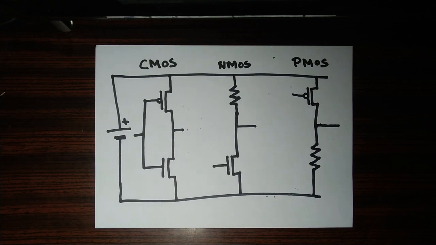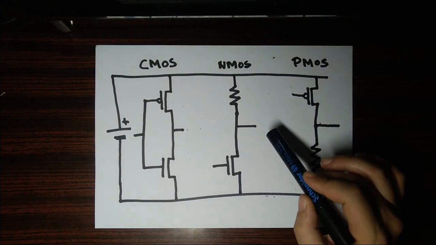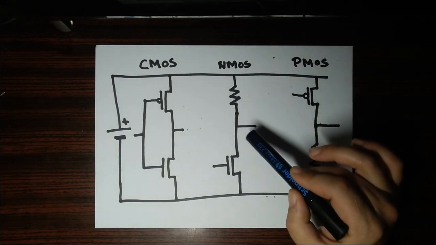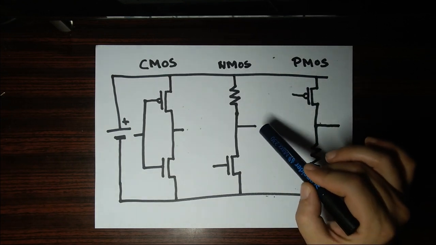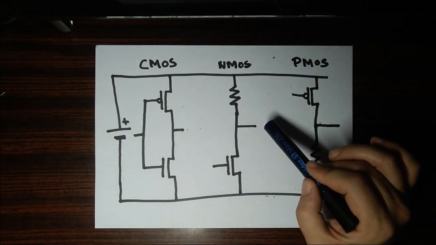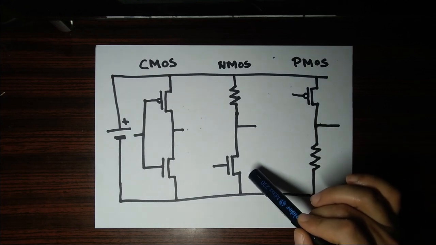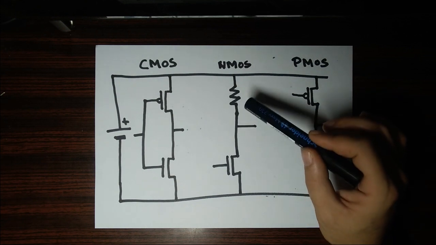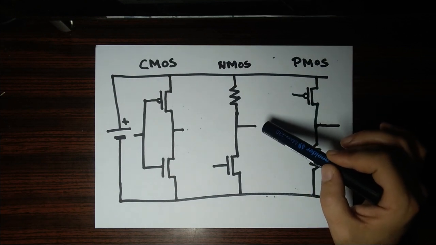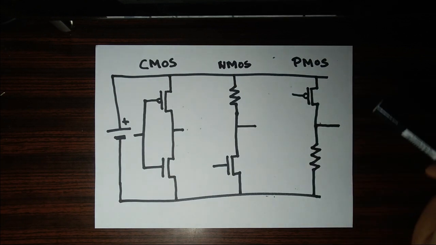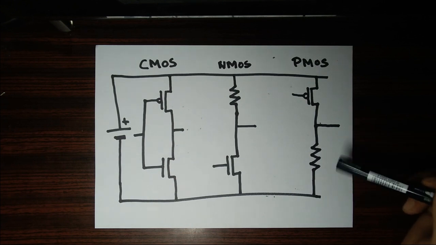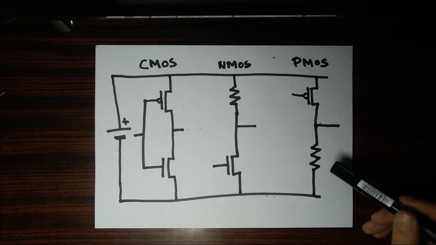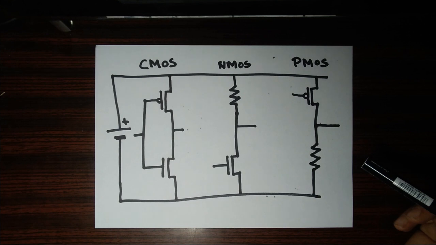In NMOS, when the transistor is off, the output is pulled high by the resistor, since the resistor is a better conductor than a very good insulator. If you turn the transistor on, since it's now a better conductor than the resistor, it will fight the resistor and win, and pull our output low. The PMOS type of logic is when you substitute the N-type transistor with a resistor and works equivalently to the NMOS type.